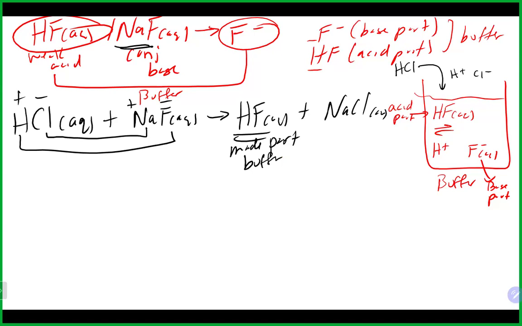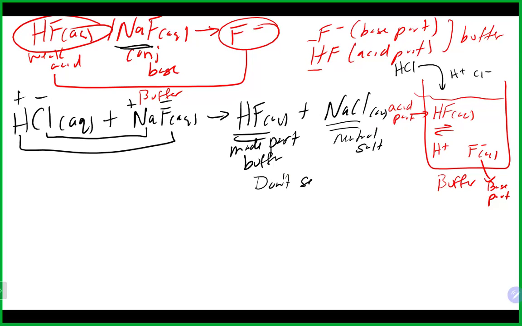And that always happens. So because the buffer has two parts, an acid part and a base part, in this case, we used some of the base part of the buffer, but we actually generated some of the acid part of the buffer. And that always happens. You always generate kind of the other part of the buffer. That's why over a long period of time, it can kind of resist changes in pH because you're kind of regenerating part of it as you're doing it. We also made sodium chloride, which is actually a neutral salt. It's not going to really affect the pH or anything like this. But it is actually what we don't see here